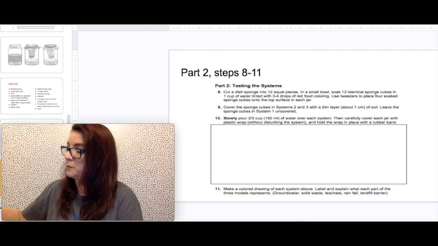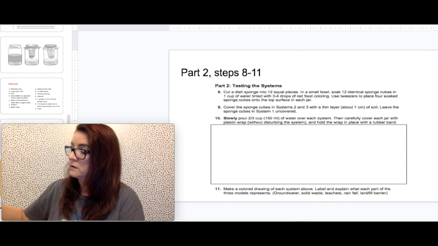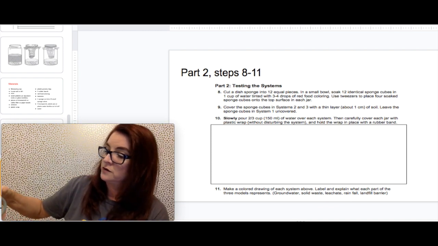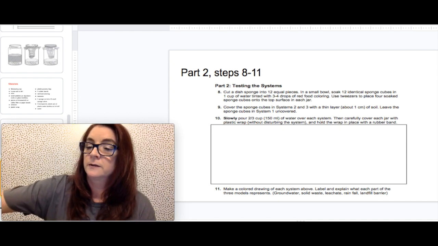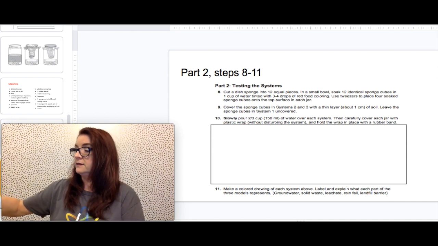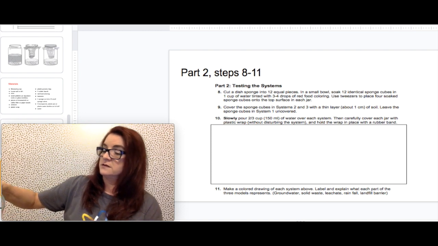You're just going to want to go ahead and pour until you see it get full there on all 3 systems. So I'm going to go ahead and pour. And pour. And pour. And then it says,